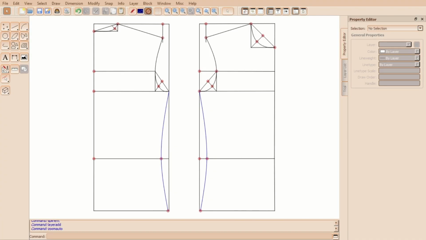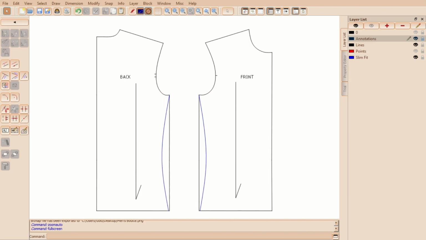If you want a slim fit block, mark a quarter of the waist and hip measurements and connect with a smooth curve. Now we will add the seam allowance, notches and labels. At the across back line, make 2 notches and 1 on the front. Label the back and front, and it is also a good idea to add the date as well.